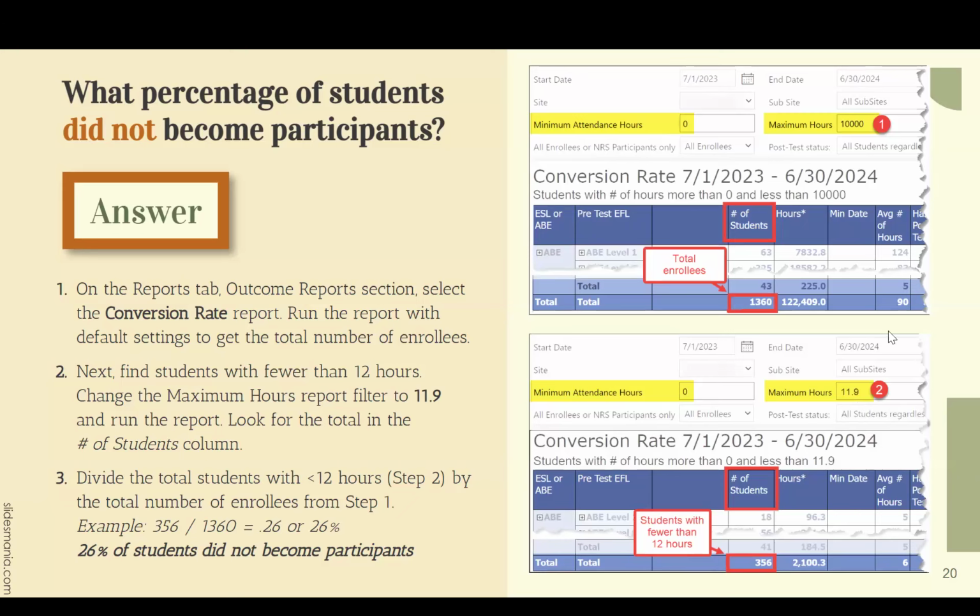Agreed. So we're looking at opposite numbers, opposite groups of people. It's just whichever way you want to think about what you're looking for. You can look for the people below the 12 hours, or you can look for the people above the 12 hours. I think this is the best way to find that group somewhere between 0 and 12 hours, because it has the minimum and maximum on it.